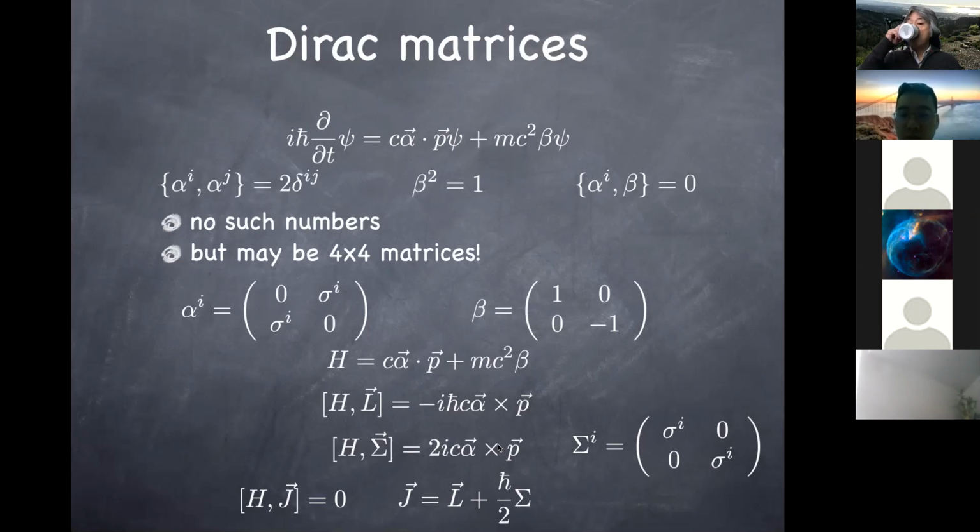How do we know that that combination of L and sigma represents the total angular momentum? Well, the fact that this is conserved suggests that this is the total angular momentum, because what is conserved is always a consequence of the overall rotational symmetry of the theory. And so given the rotational symmetry, we know that total angular momentum would be a conserved quantity. L is not conserved, so it can't be total angular momentum. Sigma is not conserved, it can't be total angular momentum. But this combination is conserved, and therefore we are bound to conclude that this is the total angular momentum.